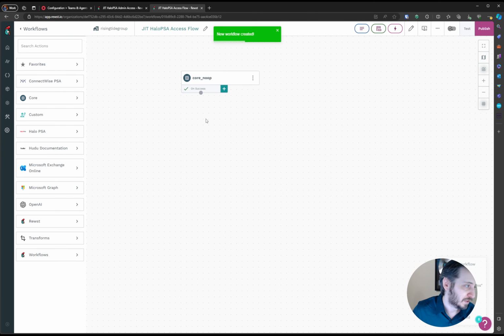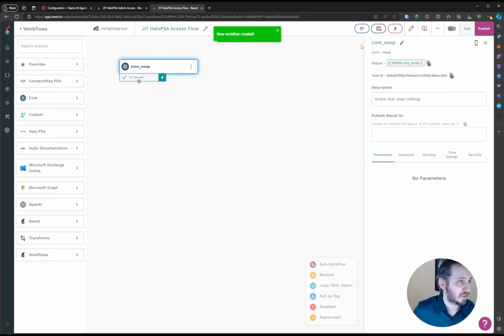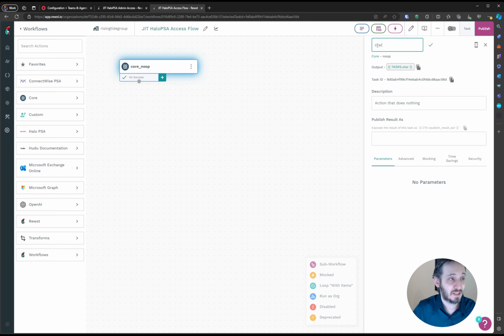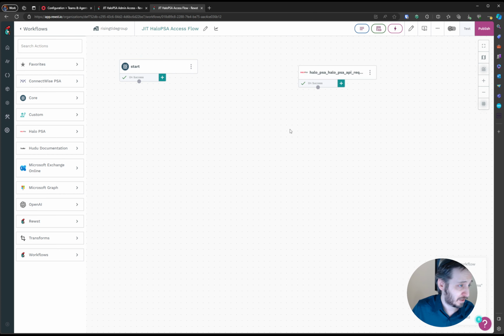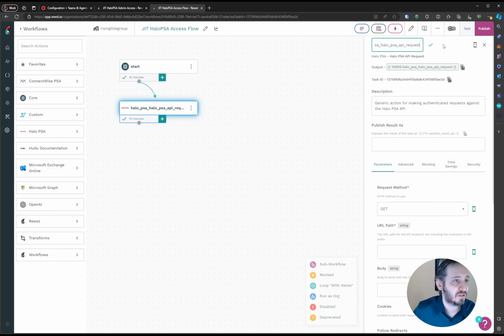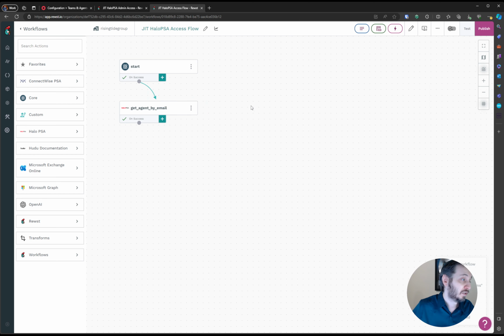And we're going to start with a noop, just like everything. We're going to call this our start. Oop. Clicking too fast. And we're going to throw some generic API requests out there from Halo. So first, we're going to try to find an email address, right? So let's do this, get agent by email, get agent by email,